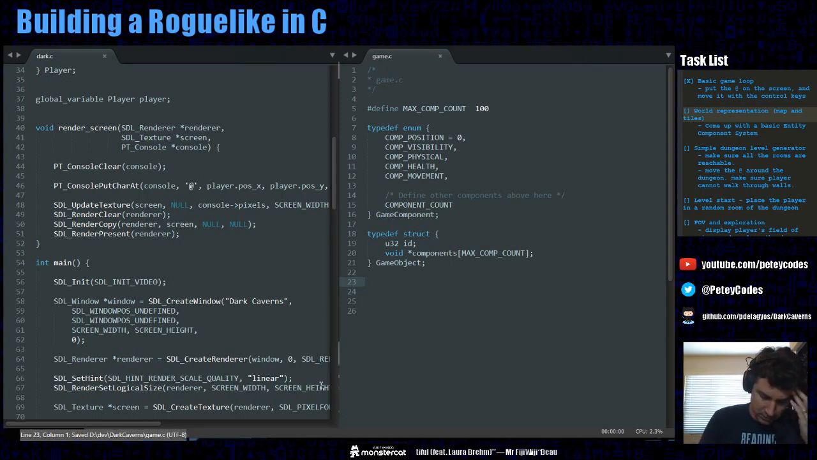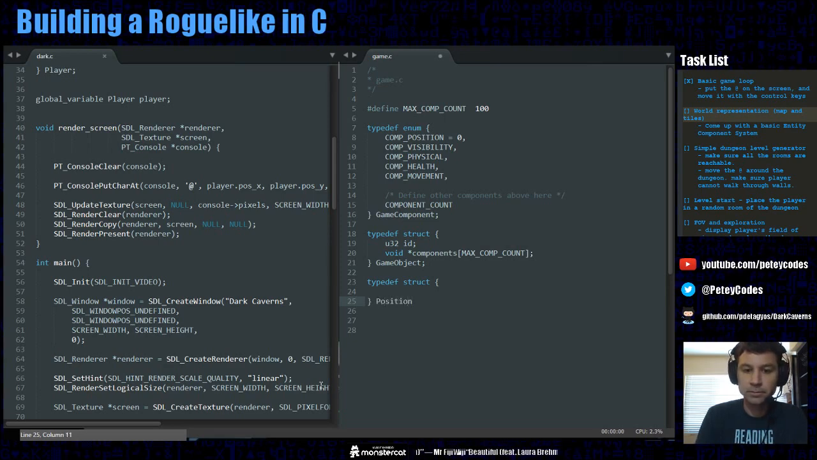So let's start, I guess we can start by defining the data structures for our components. We'll take the first one on the list, position. And so position will be pretty simple. We can just use 8-bit. This we'll do X, Y,